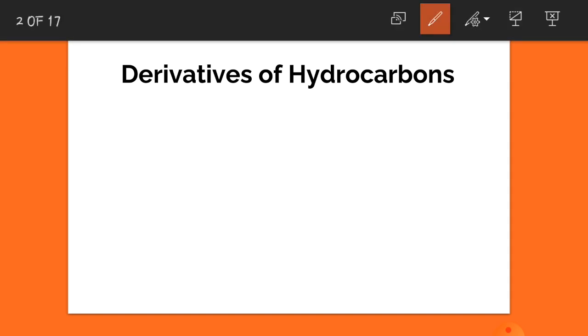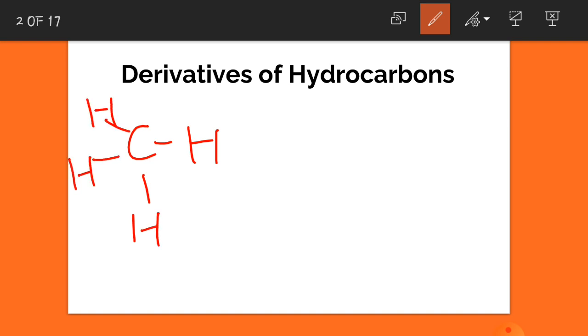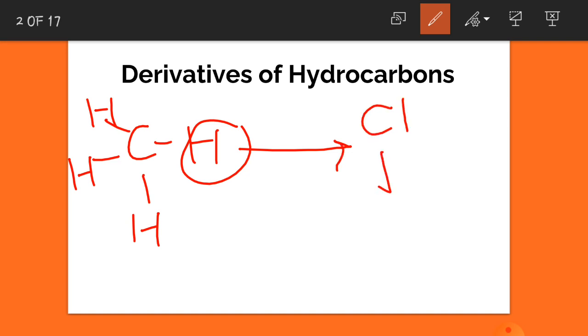Now, let's suppose that we have methane. You may see here that in methane there are only two elements present, carbon and hydrogen. So it is a perfect example of a pure hydrocarbon. Now if we replace one of the hydrogen atoms in methane with any other atom, suppose chlorine, then this compound will be